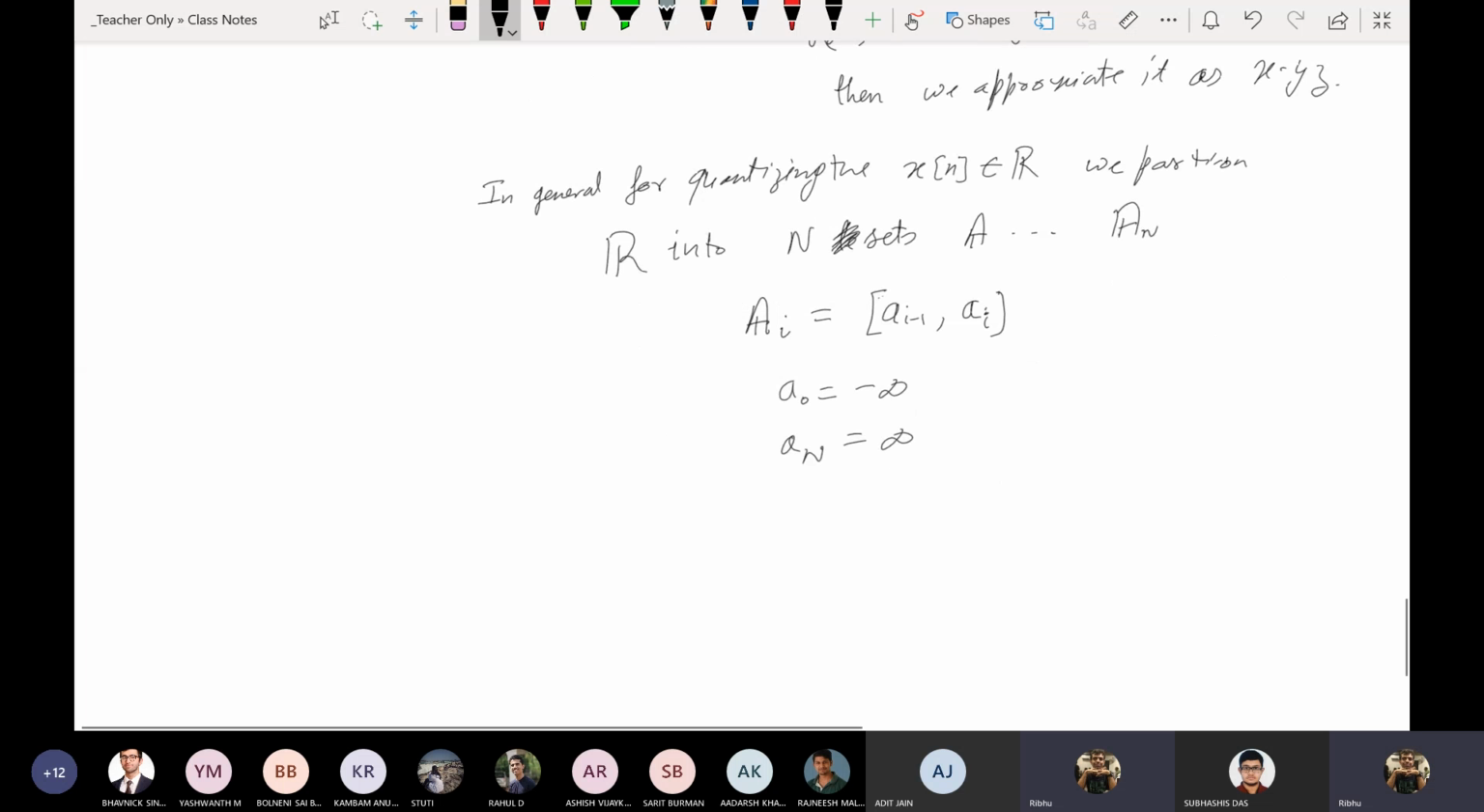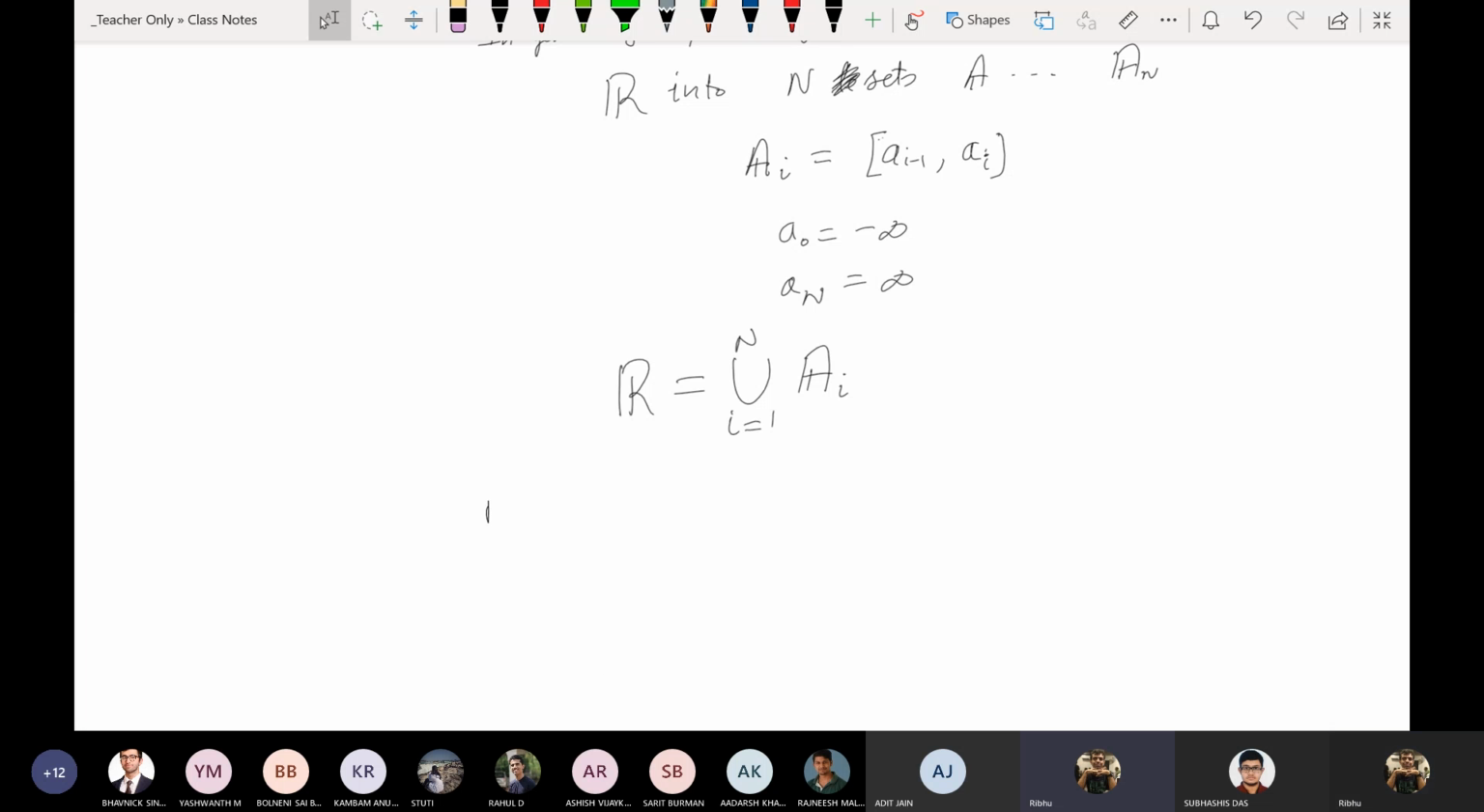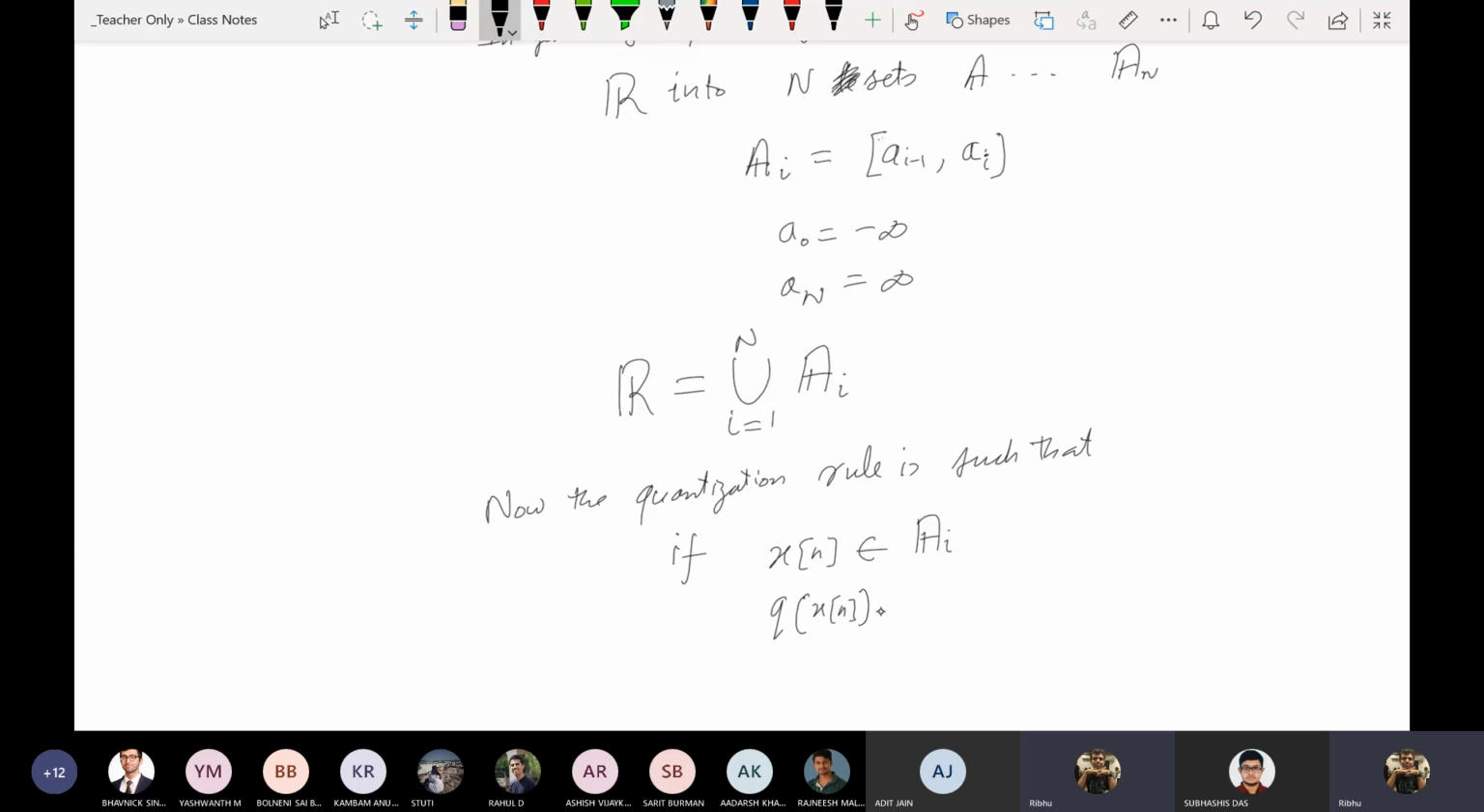Yes, sir. So you can say that, fine. Now the quantization rule is: if xn is in AI, then